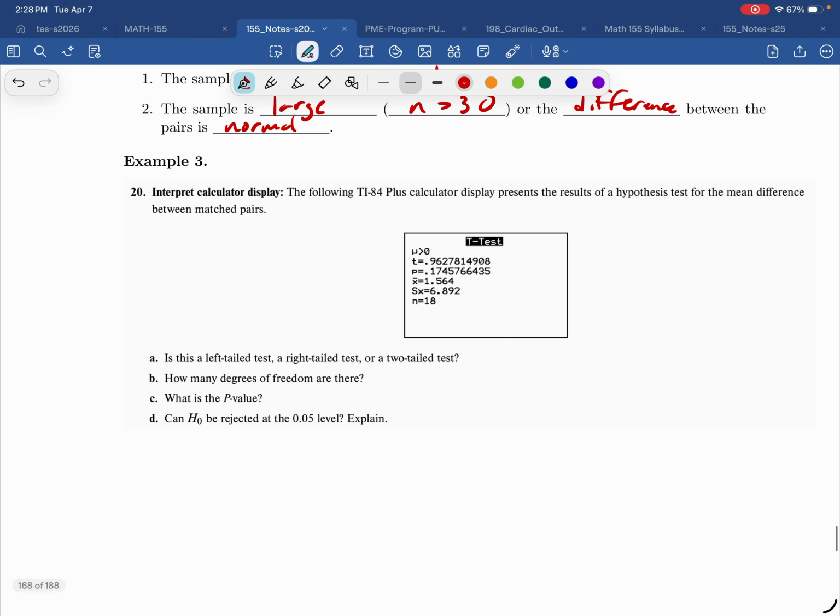All right, and just one more super quick thing. We don't even need Excel for this one. Just look at this display. Again, I usually don't test this kind of thing, but you could see it on a common final exam. Is this a left-tailed, right-tailed, or two-tailed test? Well, given that we see this, it's going to be a right-tailed test. How many degrees of freedom are there? Well, if n equals 18,